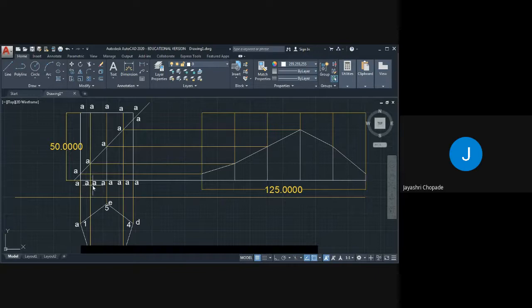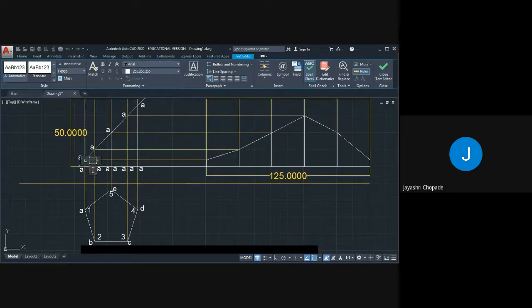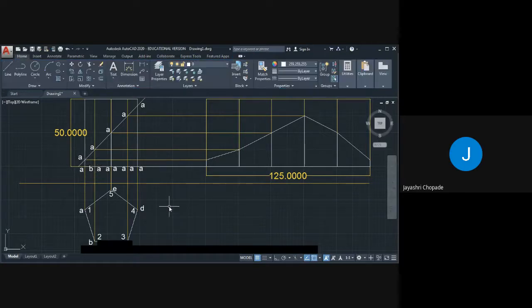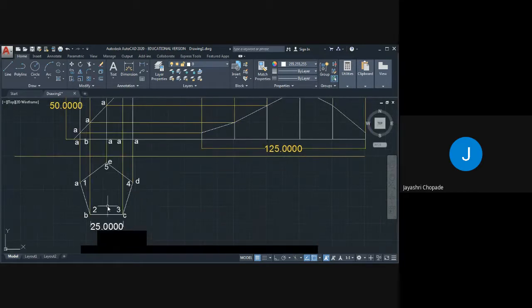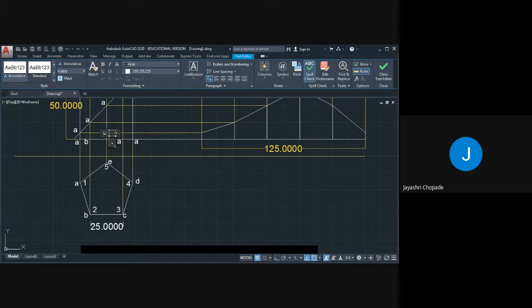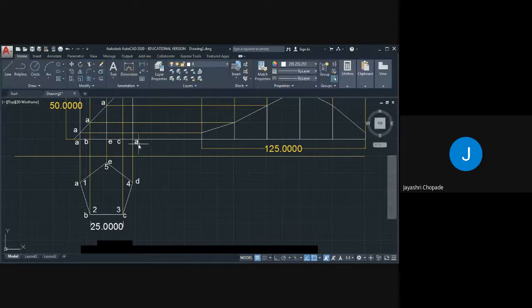So this is A, this is point B, now this is A, B, then this is a point E because this is a top. This is point C, and this is D.